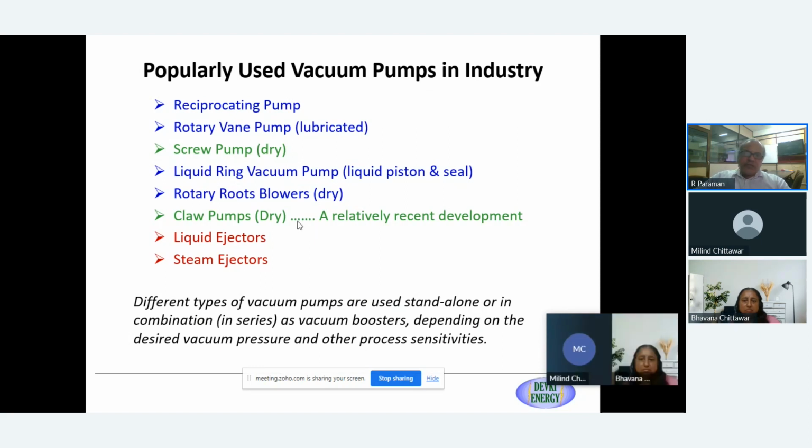What I'm trying to say is that most of the pumps which are lubricated, or which have some liquid involved, for example the liquid ring vacuum pumps, which usually have water or oil working like a liquid piston, this liquid also absorbs the heat of compression in the vacuum pump, because a vacuum pump is also essentially a compressor working in reverse. Whenever there is compression, mechanical heat is generated. There may also be certain vapors which condense within the vacuum pump, so latent heat also comes in. All that heat, the mechanical heat as well as the latent heat, has to be removed from the system